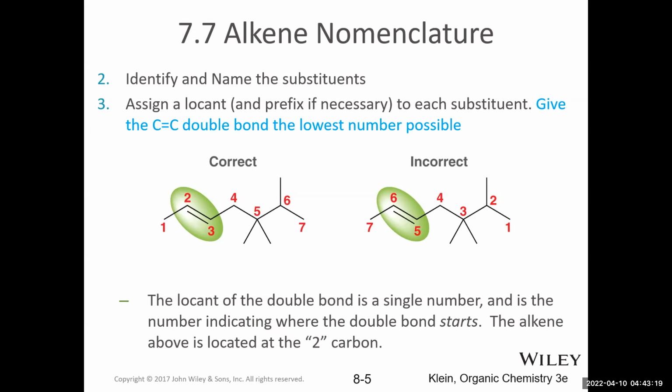It's important also that we give the lowest number to the sp2 hybridized carbons. That's the correct way to assign locants, as opposed to starting from the right and counting to the left, which would have given a number 2 position to this alkyl group. But recall, we need the lowest numbers possible for groups that have priority, and alkenes have priority over other alkyl or halogen substituents.